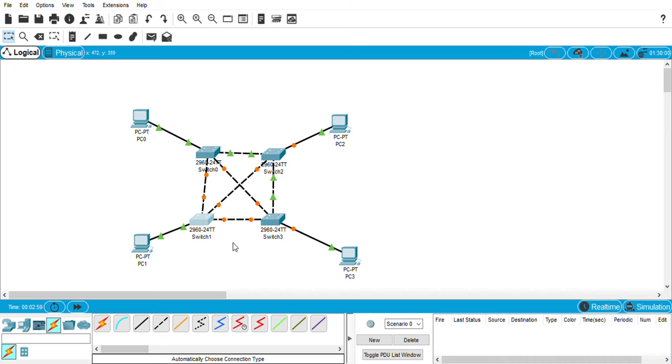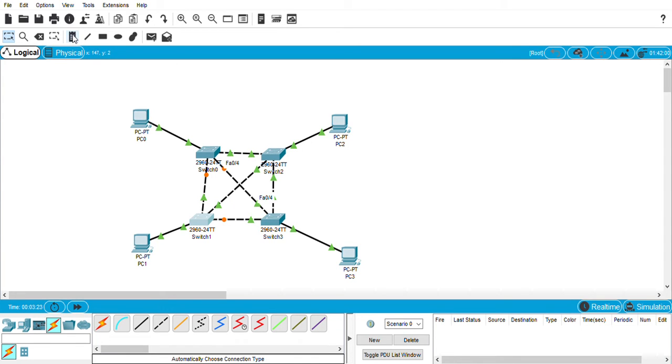As I told you in the beginning, every device can communicate with all the other devices with the help of these switches. We will execute and see how this works, and if any of the connections is lost, how we say it is robust, and how the alternate path will be selected. Okay, that we will experiment here.